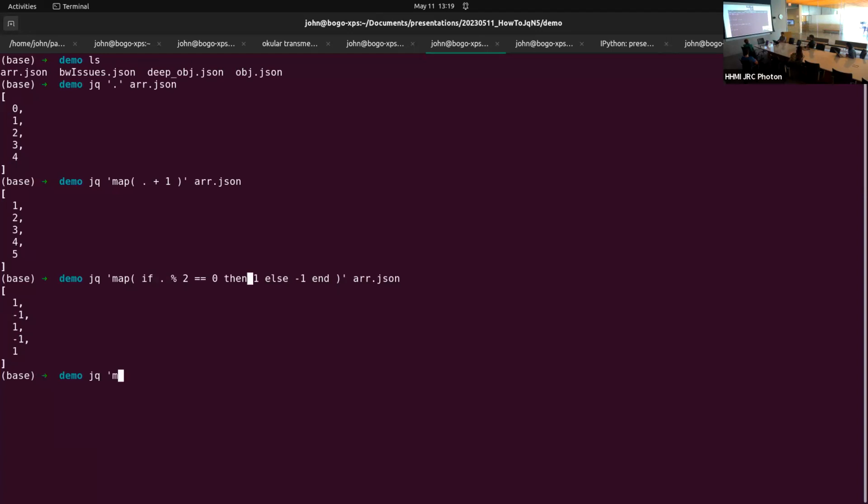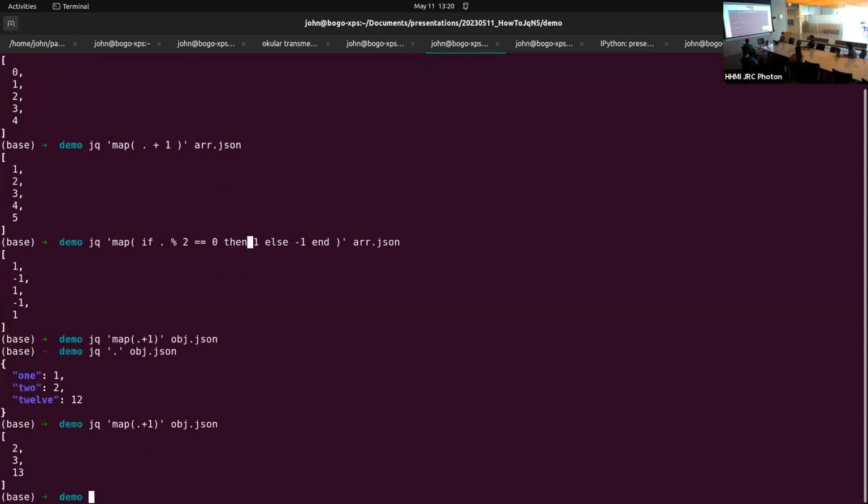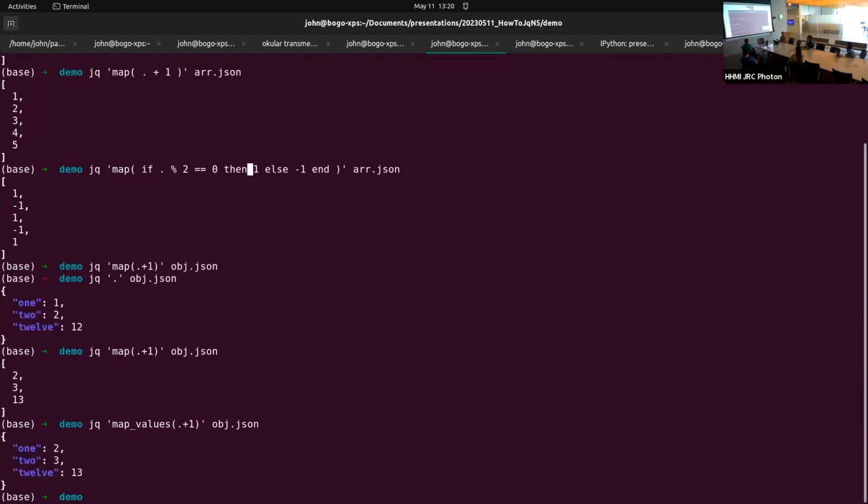You can even use map on objects. So let me show you what that is. Let's remember what an object is. So we have 1 to 12. Let's do the same simple dot plus 1 on the object. And it's sort of what we want, but it gives us an array and not the object as the output, which is kind of weird, right? So if you are doing maps on objects, there's something called map_values, which gives you the more expected thing, right? 1 plus 1, 2 plus 1, right? So there's a lot of these convenient single commands that do very